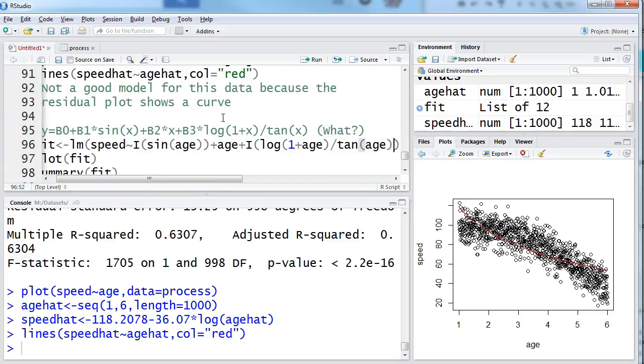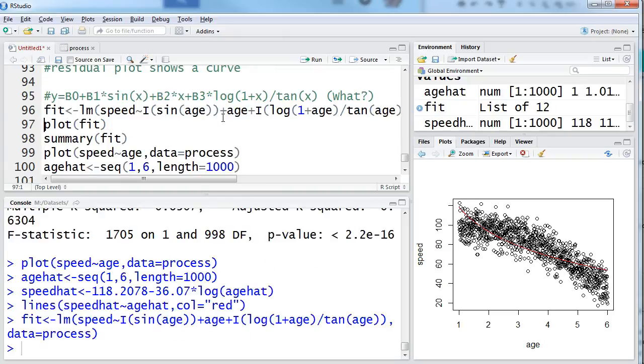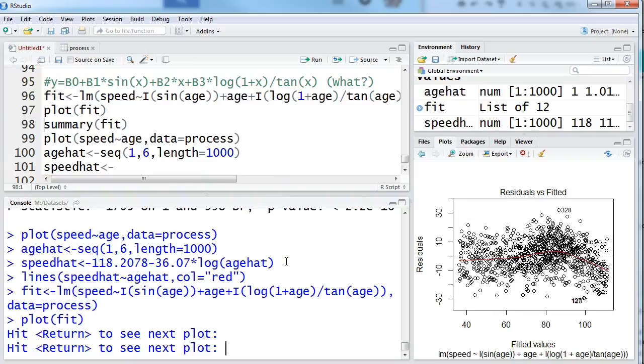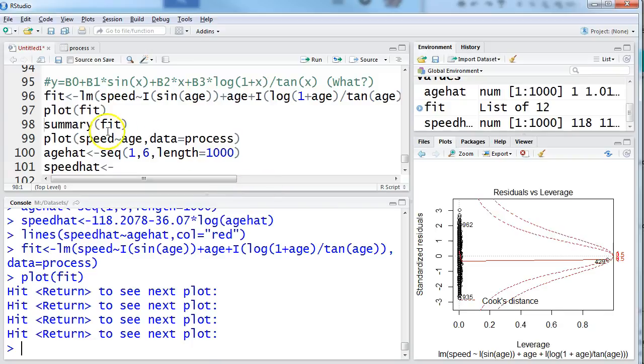I have no idea what this is going to give me. I sure don't want to try to explain it. I really hope this doesn't turn out to be a good model. Let's look at the residuals. Well, I expected it to be worse. There's a little bit of curve there that I'm not happy with. Let's take a look at our